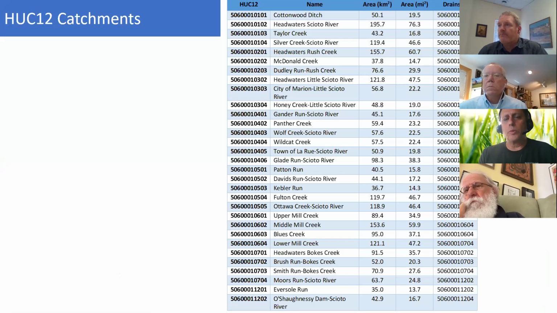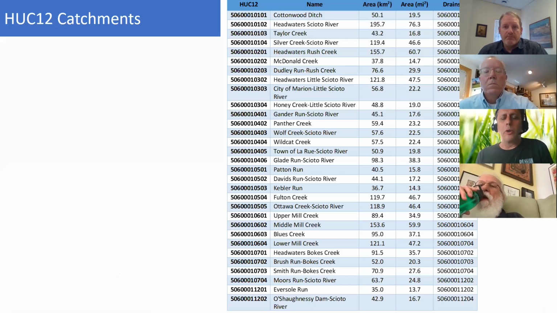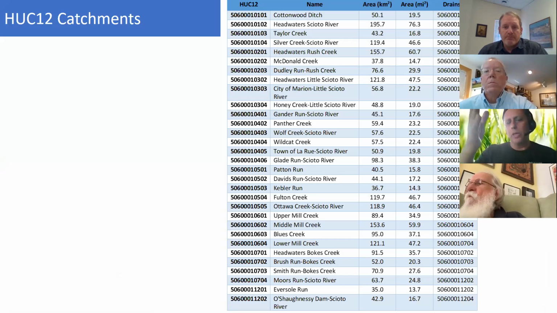Here they are as well. The idea is not to go through all of them, just to give you an idea of what these numbers mean. They're actually connected to different parts of the Scioto River, for example, the headwaters, which is all of that region on the northwestern part of the watershed. And then the Little Scioto is the arm that's coming from the northeastern part of the watershed. And then there's a number of creeks, some major ones like Mill Creek and others that are smaller, that are